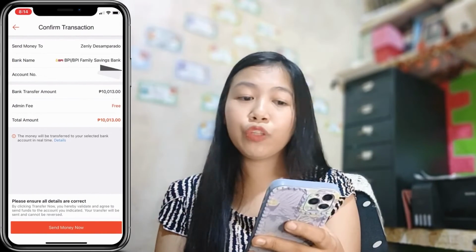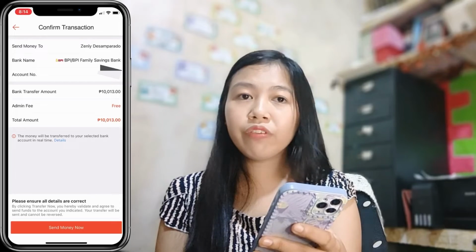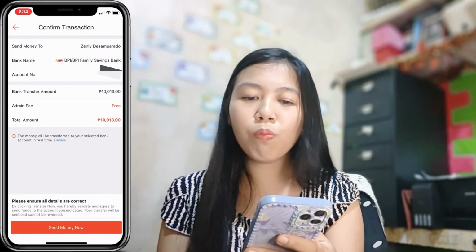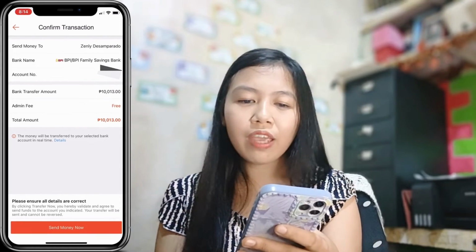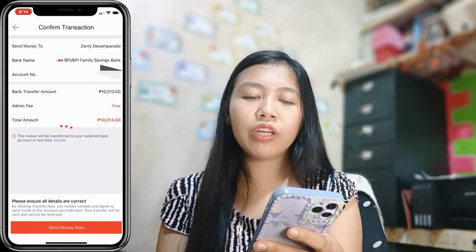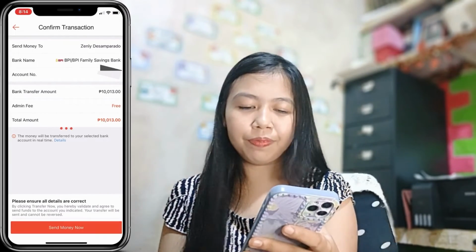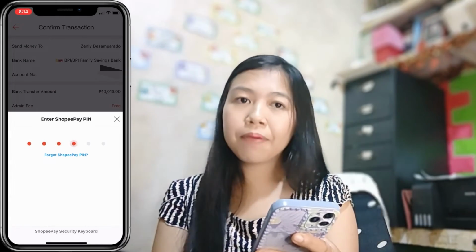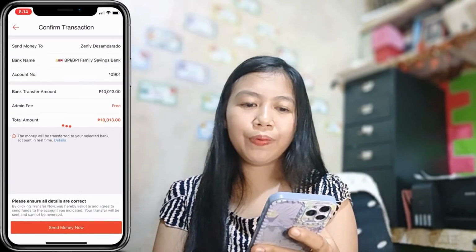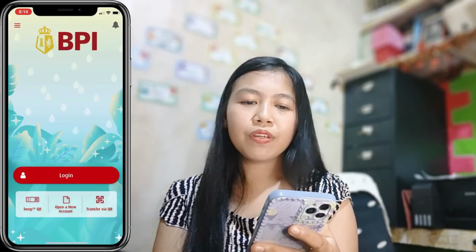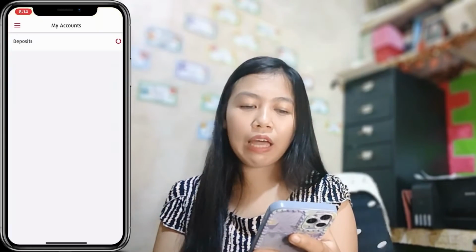We need to confirm our transaction, so double check the complete name, the name of the bank, and your account number. Let's click send money now. Enter your Shopee Pay PIN. In progress. Let's check our BPI account.